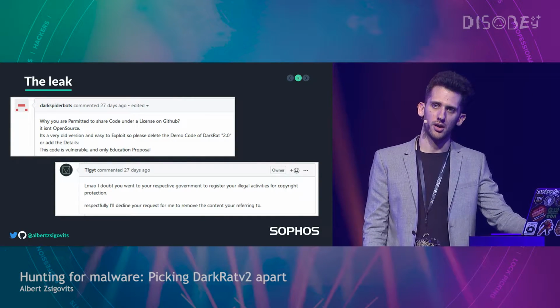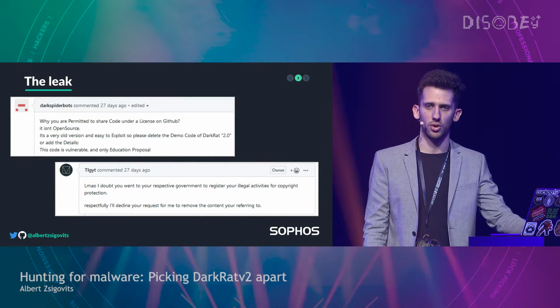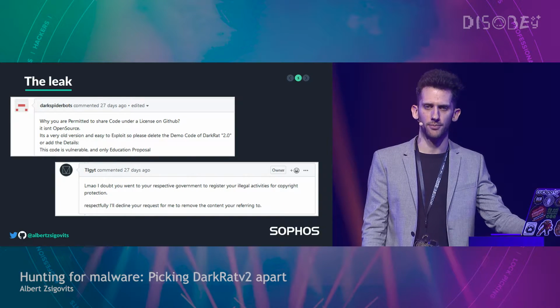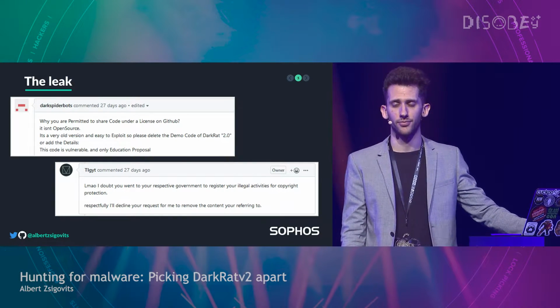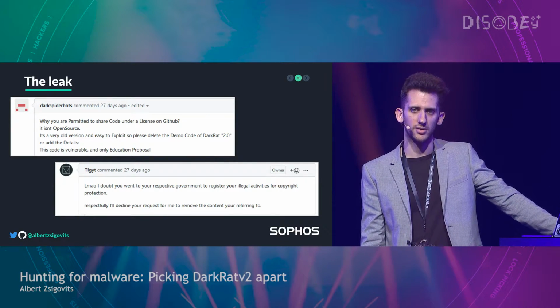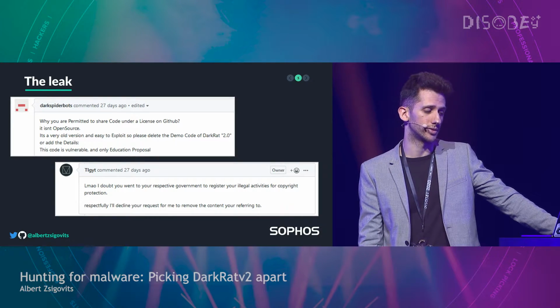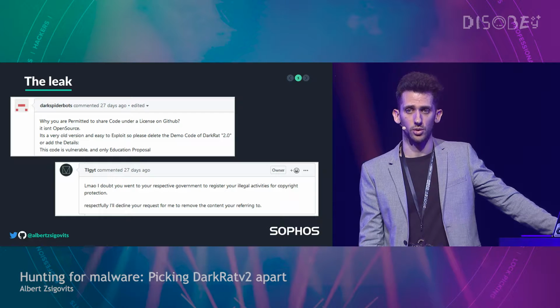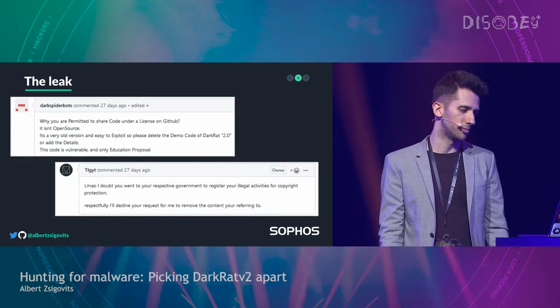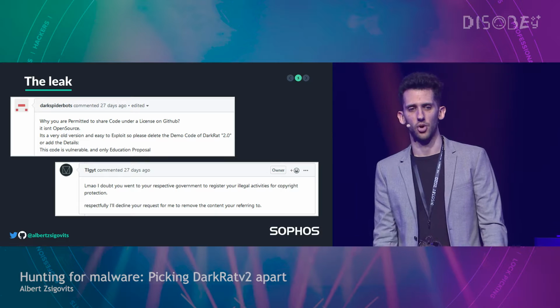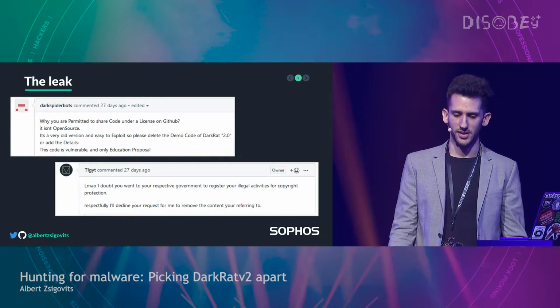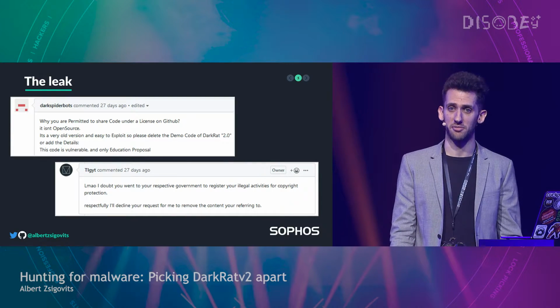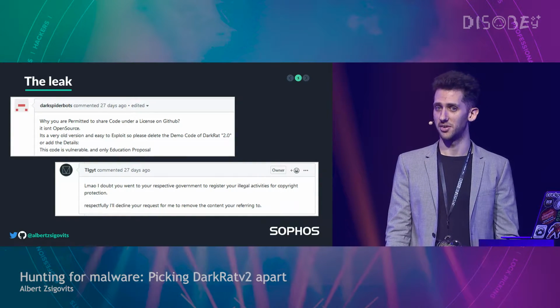The leak. There's a huge collection of malware source code on GitHub now under the account TLGIT. I think he houses a really big collection of leaked malware source code, and DarkRAT was also amongst those codes. And the developer of this malware went to the trouble of opening several pull requests and issues on this repo, saying, hey, you're not permitted to share my malicious code, which is kind of weird.